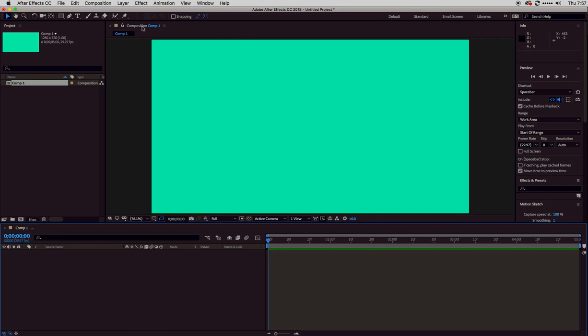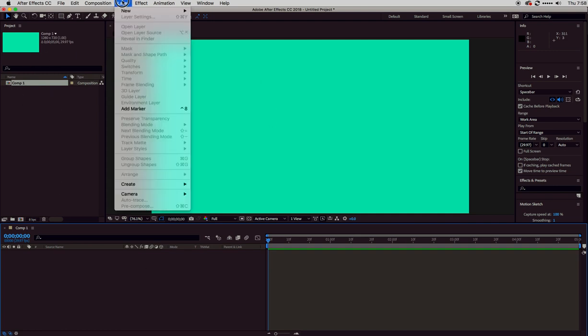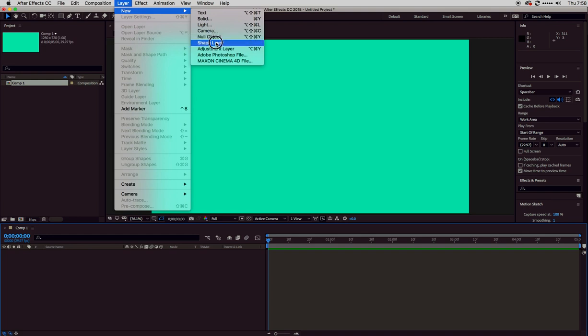Oh, it's very bright. And the first thing we're going to do is you're going to see that it's created the comp, and that's the file that this little project's going to go into. And we're going to create a shape to put into our comp. We can go to Layer, New, Shape Layer,